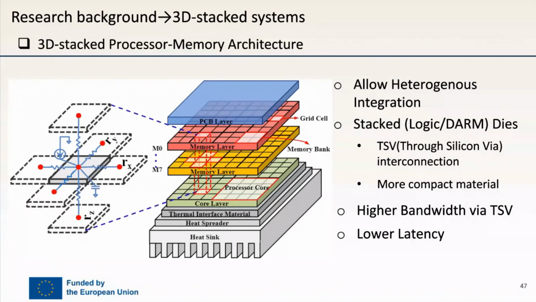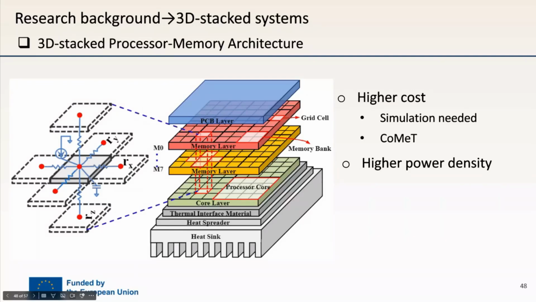Different components in the die are interconnected through silicon vias, which are compact and offer higher bandwidth and lower latency. As a result, 3D stacked chips alleviate the memory wall and provide next-generation computing power. However, while 3D stacked systems bring significant advantages, they also introduce several challenges. For example, the manufacturing cost is high, which makes research and